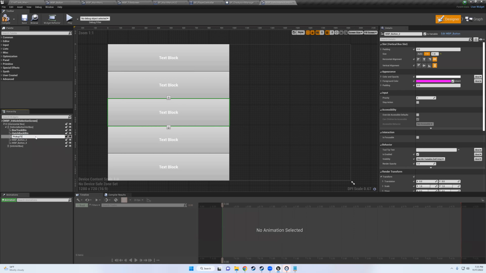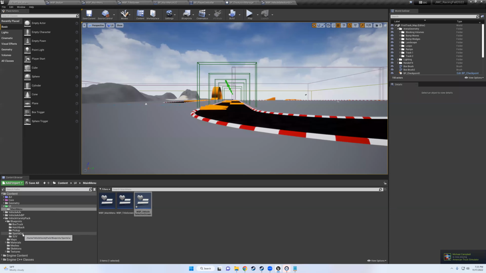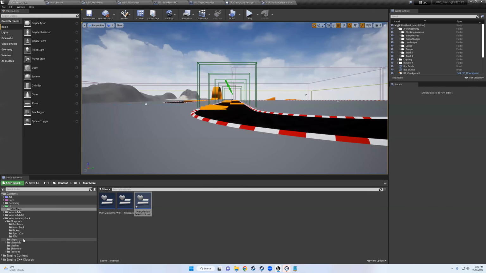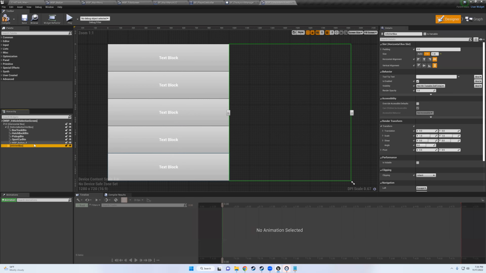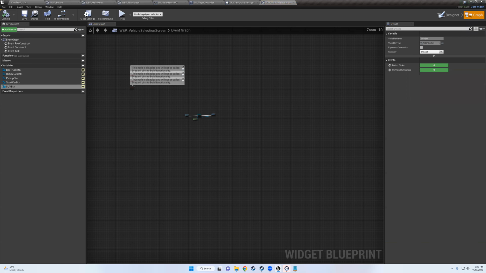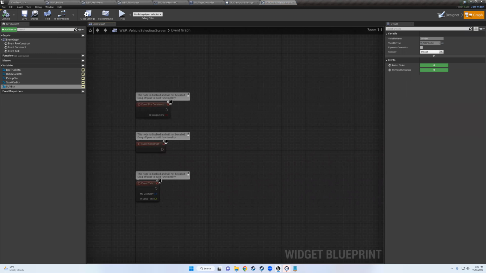So pickup truck button. Oh, I think it's actually just pickup. I smell Southern coming out, pickup truck. Okay, and then sports car button. And last but not least, our SUV button. Compile and save. Okay, so now I can go into the graph here and I can grab our construction script,